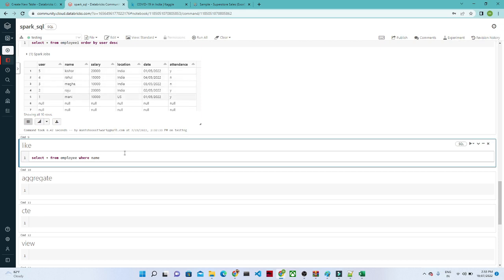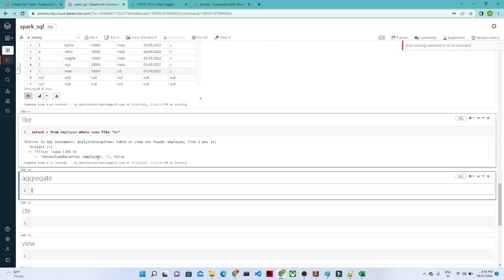So how can you find it? What we have to do is select star from the table, as we are filtering the name, where name like... it should start with R. If you give it like this and execute,